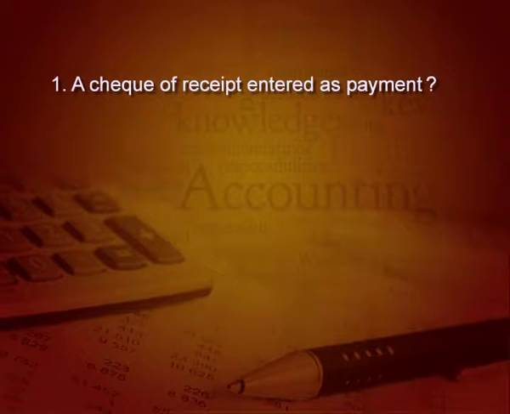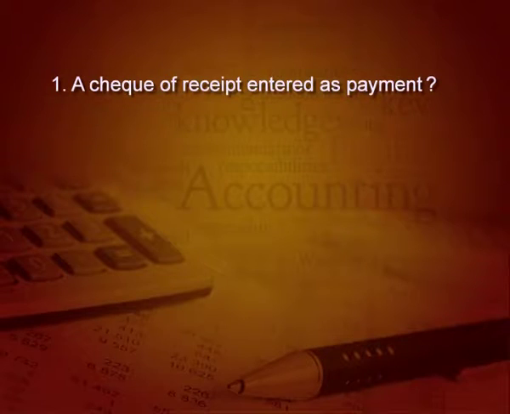Now, let us do some brainstorming exercise and think about some more entries and multiple choice questions which will fit in all these topics taken together. Okay. Starting with the first point, check of receipt entered as payment, where we will record in amended cash book or bank reconciliation. Think once again, a check of receipt entered as payment. Now, this is clearly a mistake of an accountant. So, this will go to amended cash book.